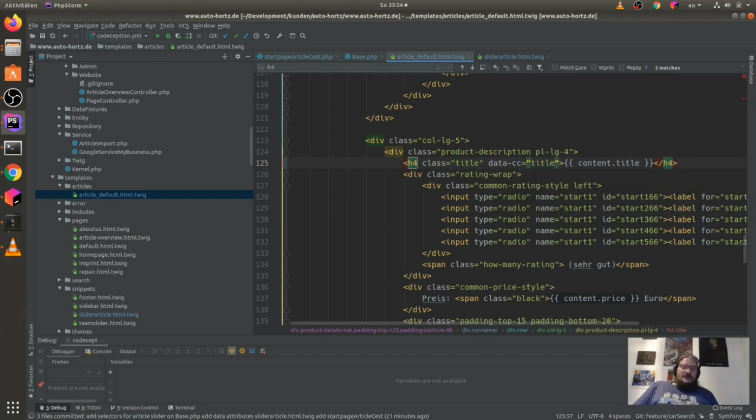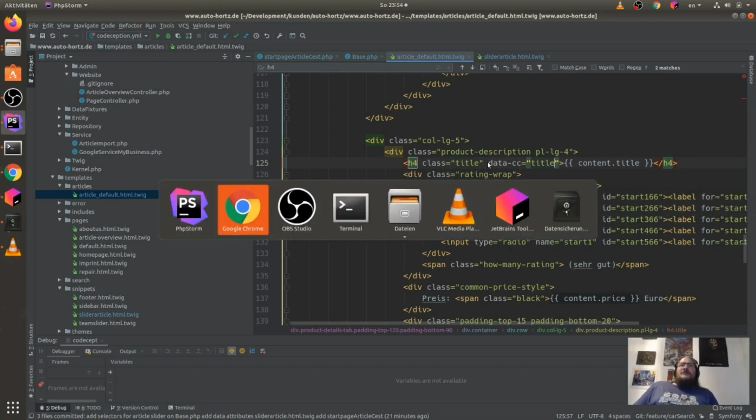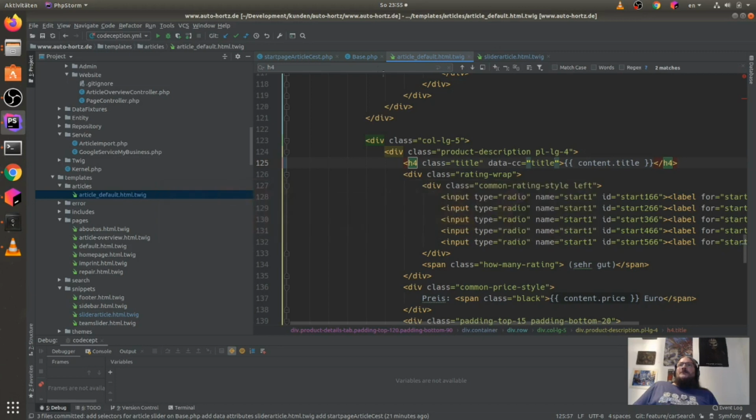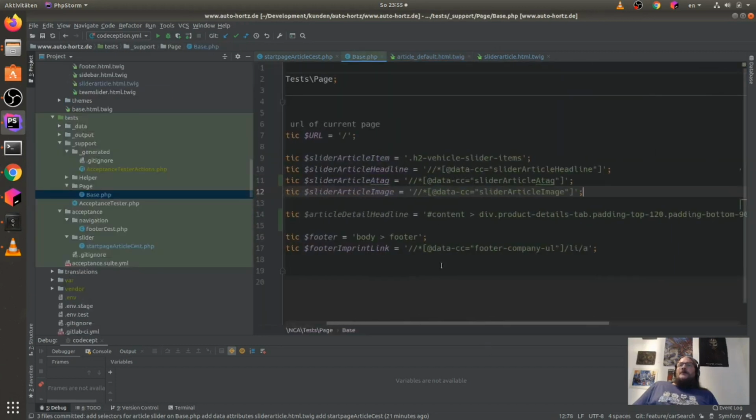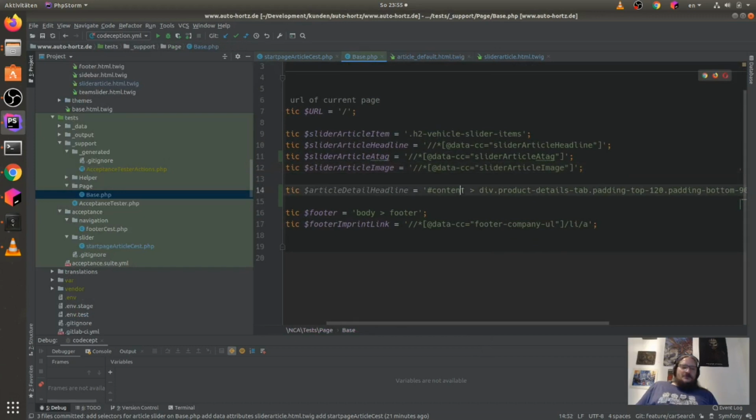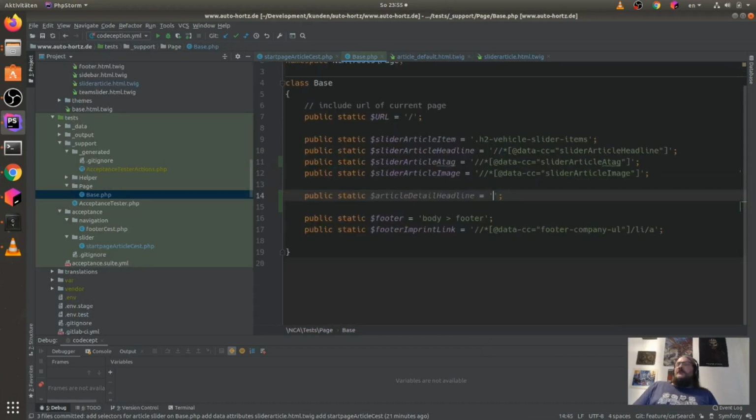So we have this title here now, and now we go back to our base page object and say, okay, please remove this horrible stuff and add here something we can read and understand as title. And this makes the tests much better.